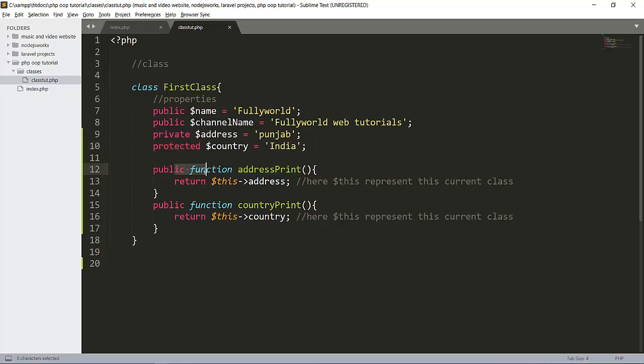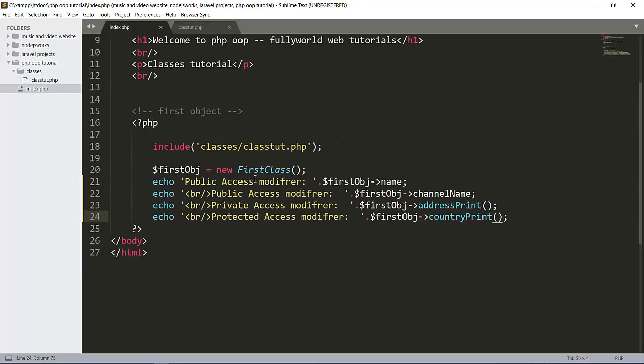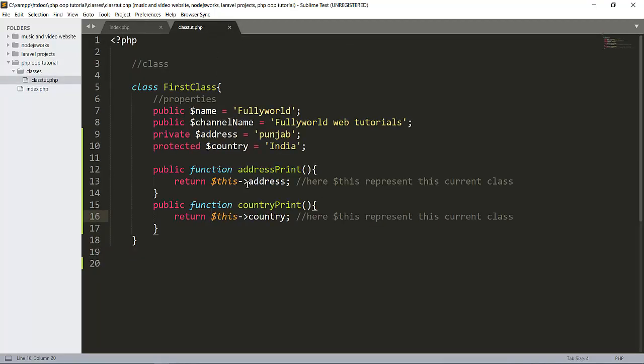To access these private and protected, we can make a public function here and return this variable, then call this function and take this value.